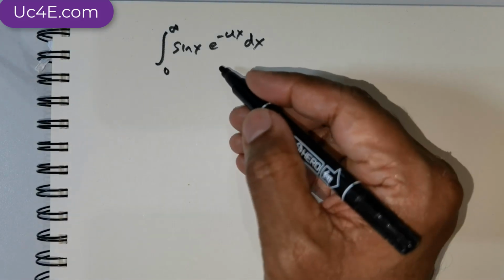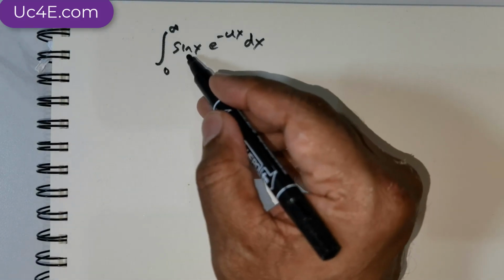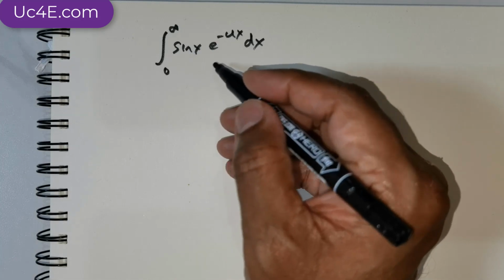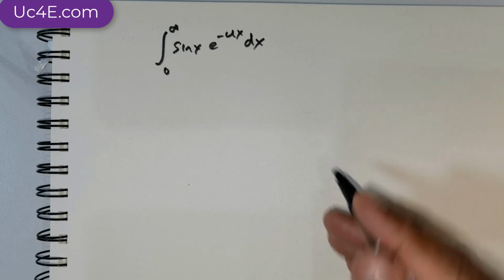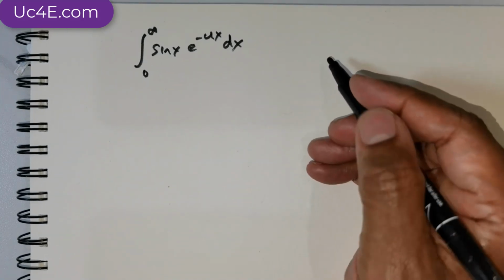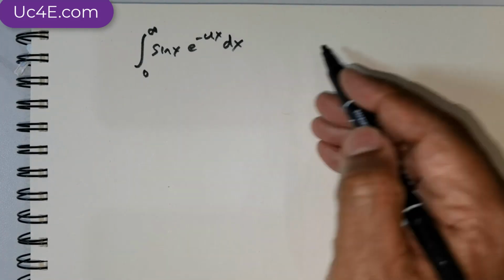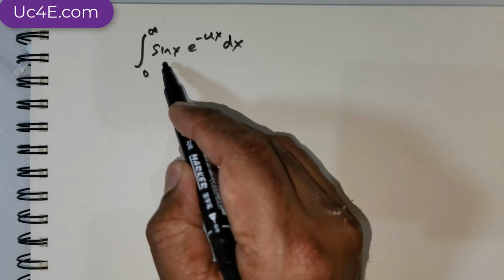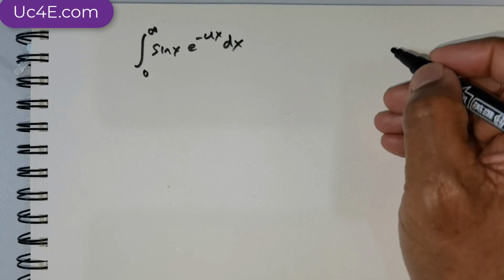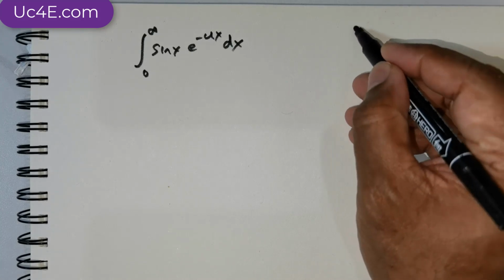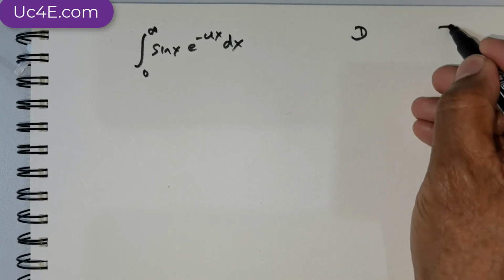Now you can either do it by integration by parts, or you can replace sin x with the equivalent exponential formula, which we already know, and then subsequently integrate that. Now what I used to do is use integration by parts. In this case it doesn't matter which term you take as u. You can take u to be sin x or u to be e raised to the power of negative ux. So what I wish to do, I would like to take the differential and the integration term